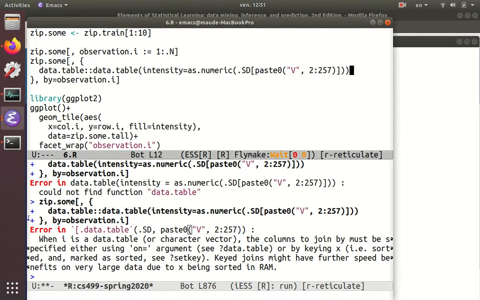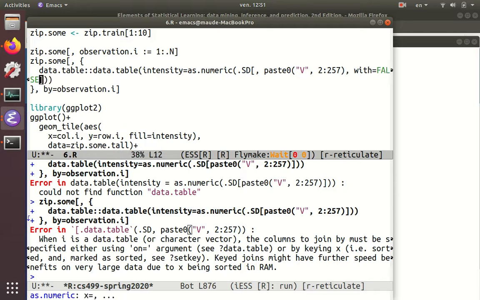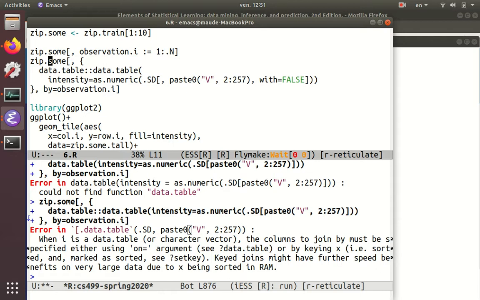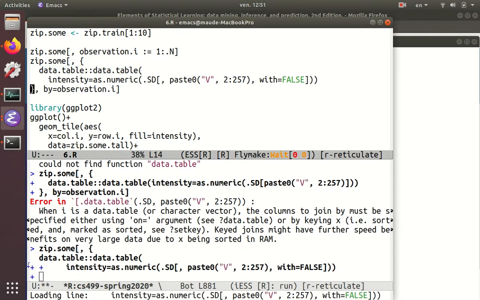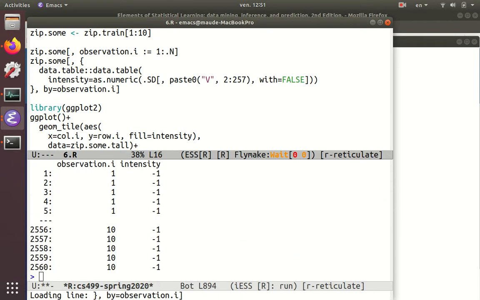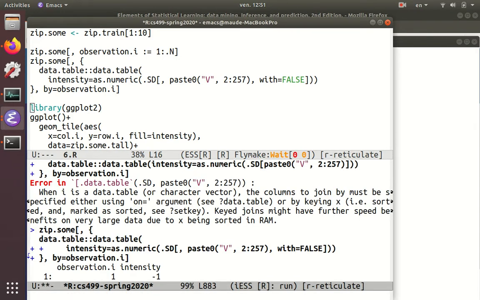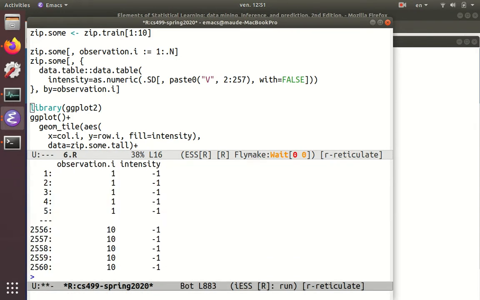So I think we can try to do comma, with equals FALSE. Maybe that will fix that. Let's see. Yeah, so take a look at that. So now we have some intensity values